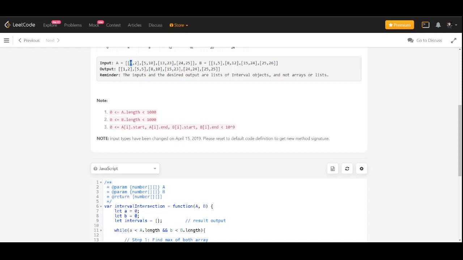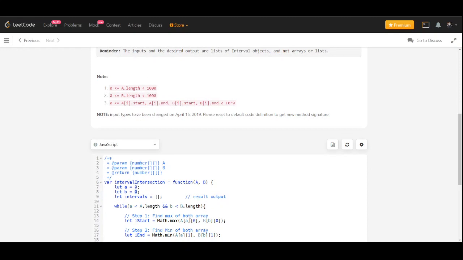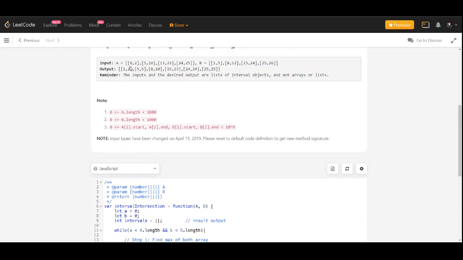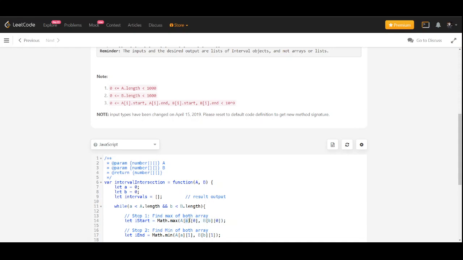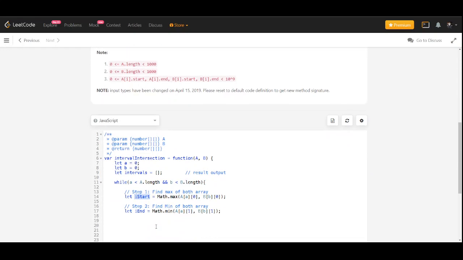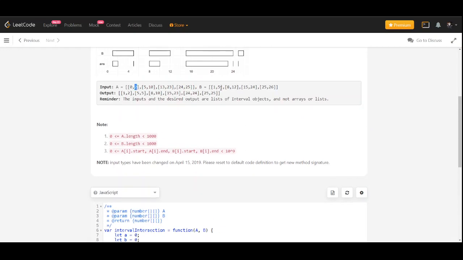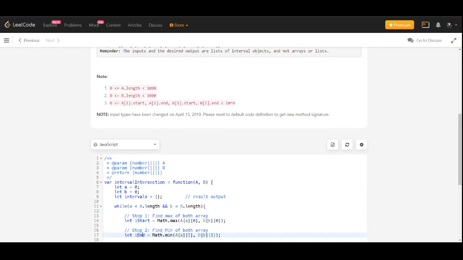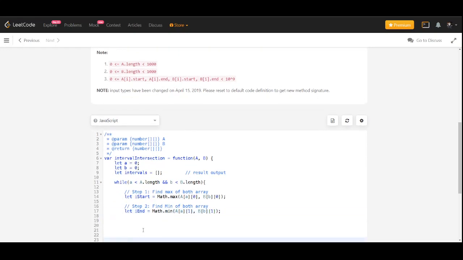So we need to find 0 of 0 indexing. That is why a is 0 and this is 0. Similarly for b, 0 and 0, right? So A of 0 of 0 and B of 0 of 0, find the max of it. So the max is basically 1, right? So I'm getting that 1. And the minimum similarly for 1 itself. So here I'm saying the 1 index and the last index. Here I'm calculating based on this index and this index, right? So this I'm getting. And now the third step is